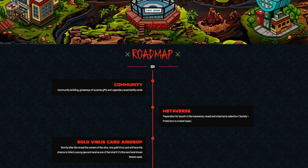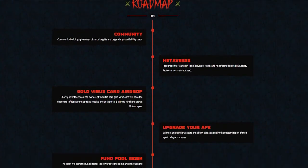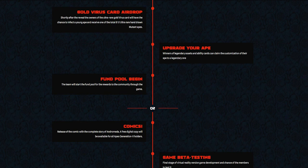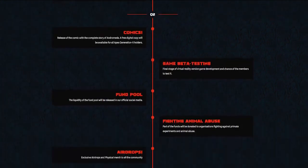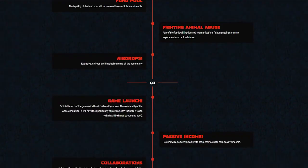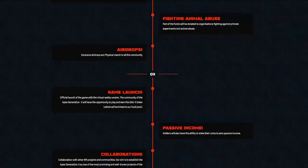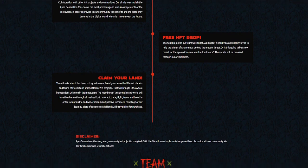They have laid out exactly what they want to do, how they want to do it, and what they're going to do about it. From the community, from the metaverse, from the cold virus card airdrop, from the upgrade your ape, from the fun pool begins, from the comics, from the game beta testing, from the fun pool, from the fighting animal abuse, from airdrops, from the game launch. Every single element, from the social responsibility, from passive income, from free NFT drops, from claim your land, every single